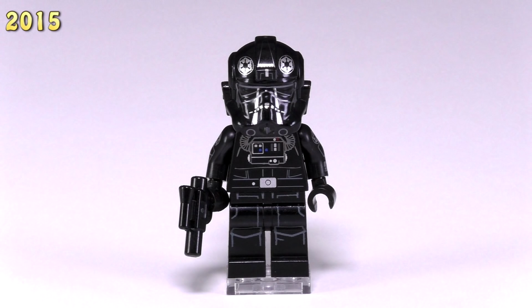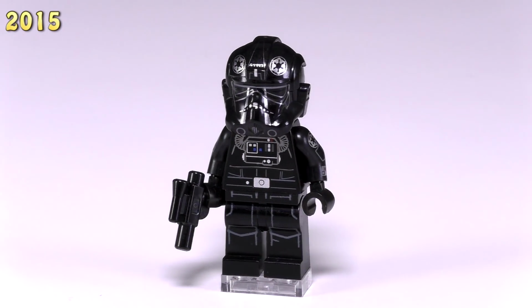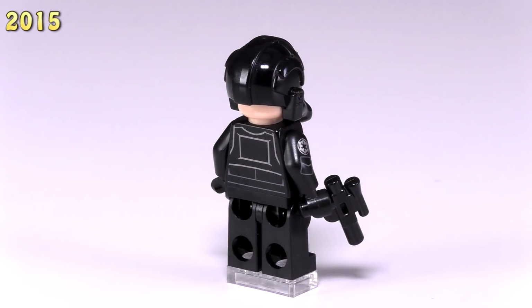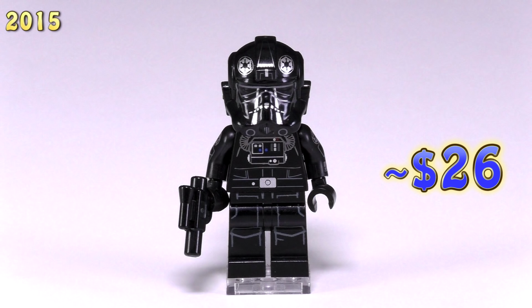Up until very recently, this is the only version of this kind of helmet in existence, but the Star Wars Rogue One set TIE Striker that is not out currently will have a TIE Fighter with the same pilot, so this is no longer an exclusive piece. So what really draws this guy out from the crowd are just the printing on the arms, as well as the slightly more inquisitive clone trooper face. Because of his Ultimate Collector Series release, he is $26 minimum on BrickLink, and let's check out our first ATDP